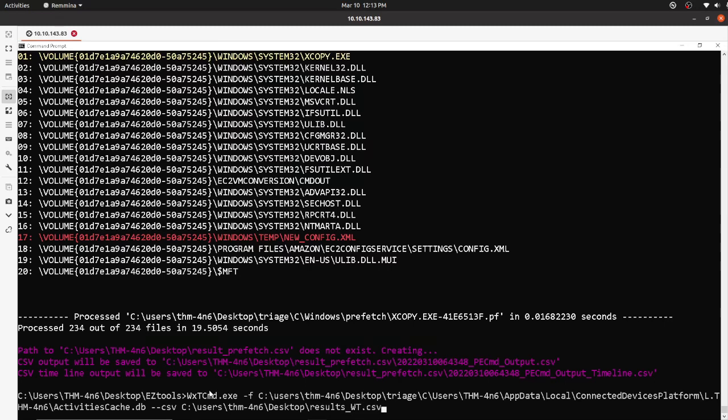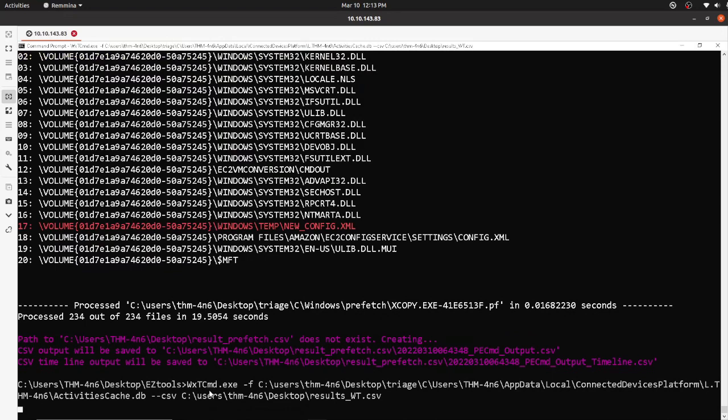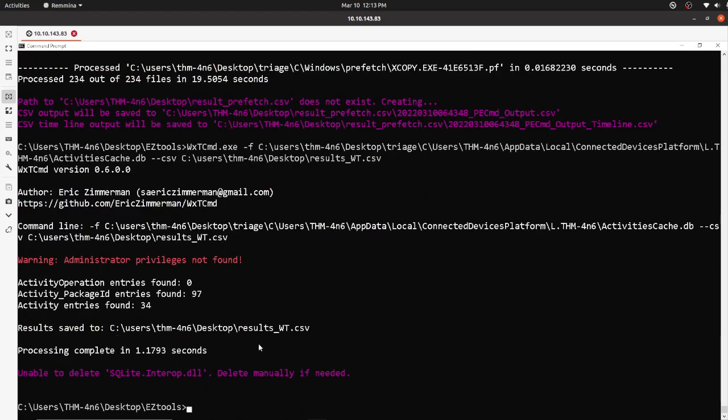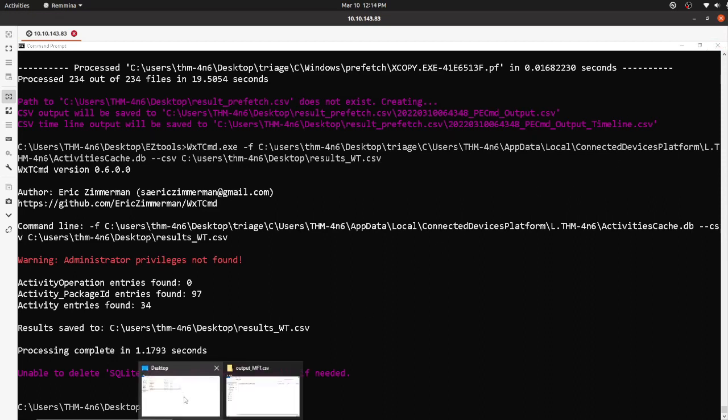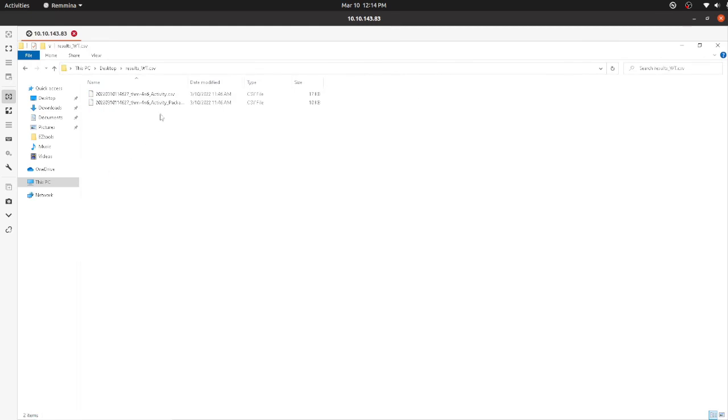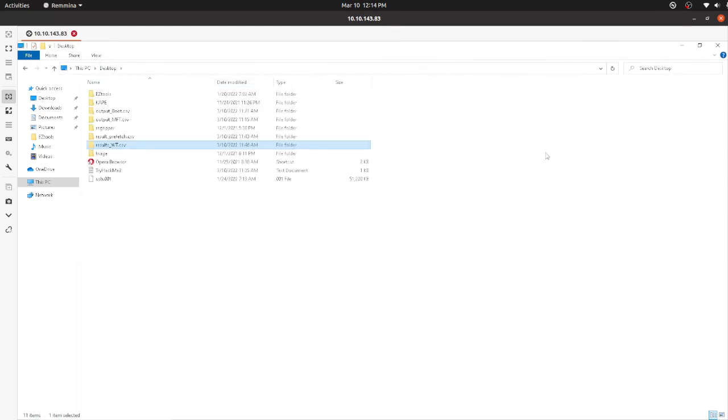And yeah, now it is done. It took just a few seconds, and let's see whether we got the file. Yeah, the file also created. And if I open the file, yeah, we got the valid results.